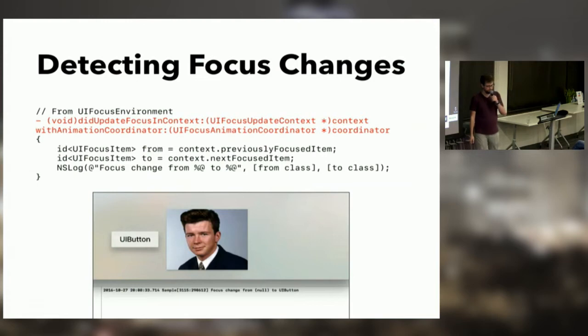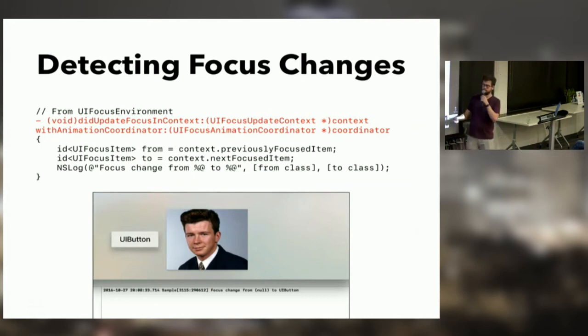So the first thing I want to talk about is detecting focus changes. This is something you'll probably want to do commonly if you use a change in focus to change something else in your UI. In order to detect focus change, it's really easy. There's a method you override from UIFocusEnvironment, and this cascades up the view hierarchy. So you could respond to this in the window or in a view controller's view. It doesn't have to be deep in the view hierarchy, but there's a method you override, which is didUpdateFocus(in context:). This will be called whenever focus changes, and it gives you an animation coordinator, which is handy if you need to perform animations along with the change.